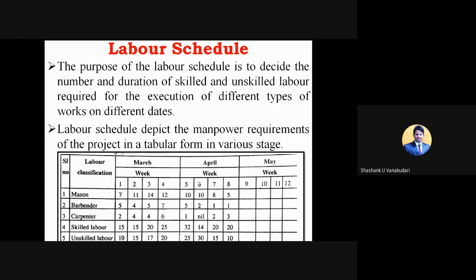And here similarly they have given for the first week, the mason 7 numbers are required, and similarly for the second week 11 numbers, third week 14 numbers. So like that we need to prepare this schedule, and before starting the first week we need to be ready with these classes of labors. That is, mason we require 7, barbender 5, carpenter 2, skilled laborers 15, unskilled laborers 10. So like that we should be ready with the labor part before starting